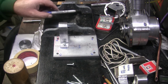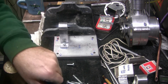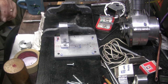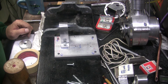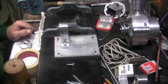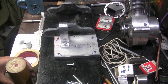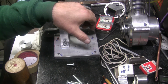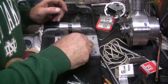All right. And I think that's where I'm going to draw a line in the sand for today. And tomorrow, the first thing I'm going to do is mill slots in those. And then I can start putting things together. Oh, and tomorrow I plan on turning up gear blanks. So I'm going to have to sit down and figure out the distance apart, and I could probably figure that out right here,